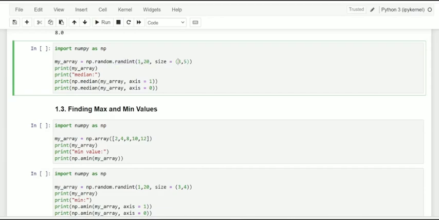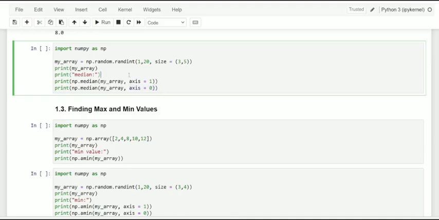And kindly observe, dear friends, when making it 3 into 5, of course, on the row wise we get 3 rows. So here, according to axis equal to 1, it makes the row wise towards the column, and across the row towards the column here, it comes as axis equal to 0.